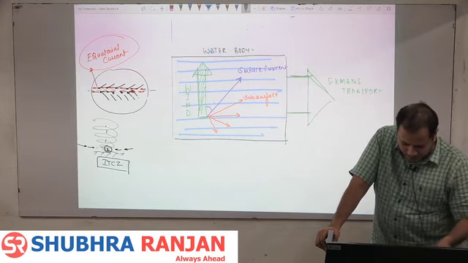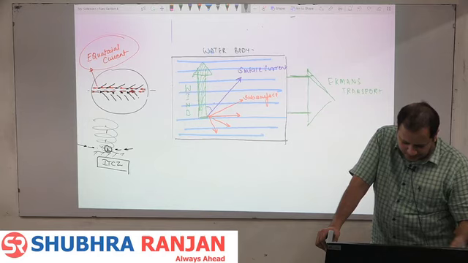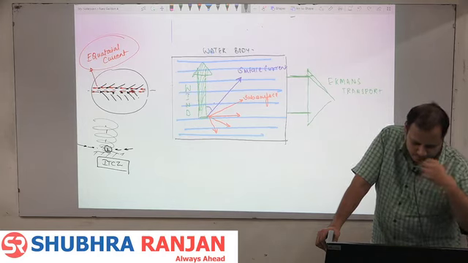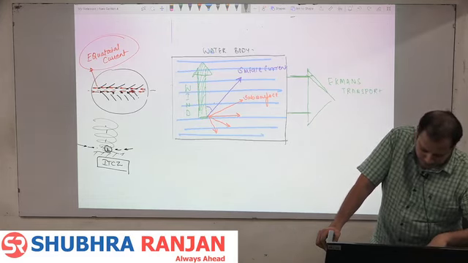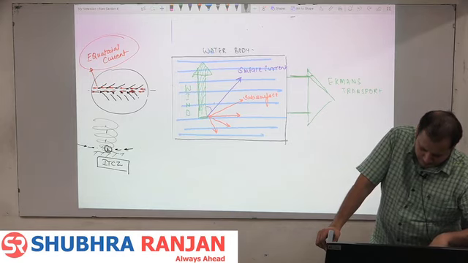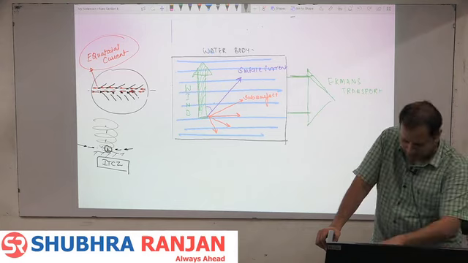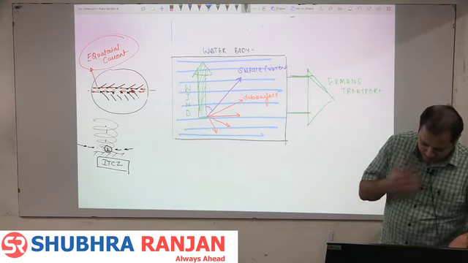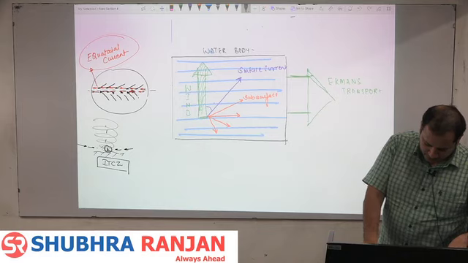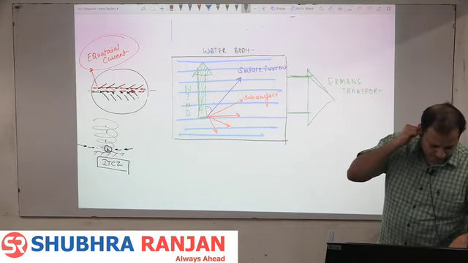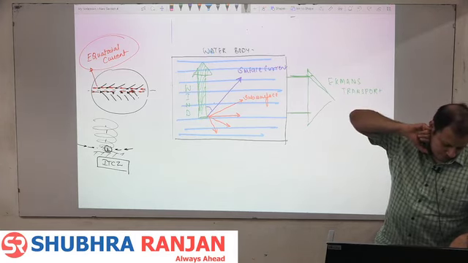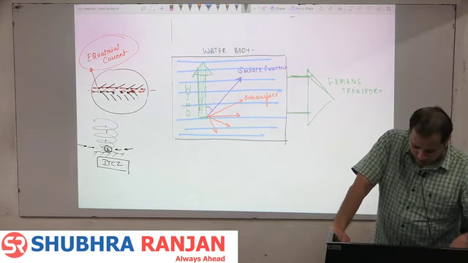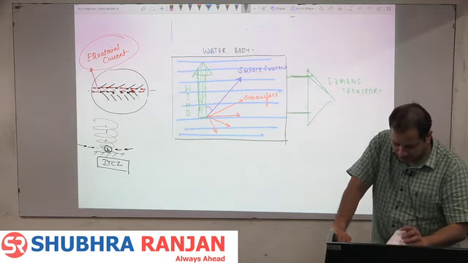Ekman's transport gives rise to west to east, east to west circulation of surface water near the equator, which converges on the western part of the oceans, forming